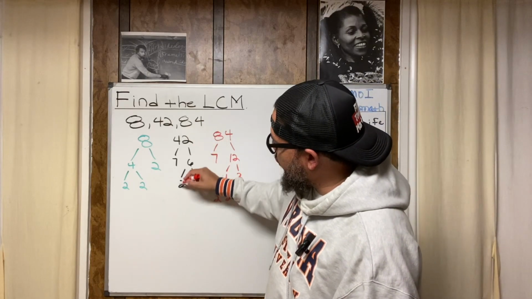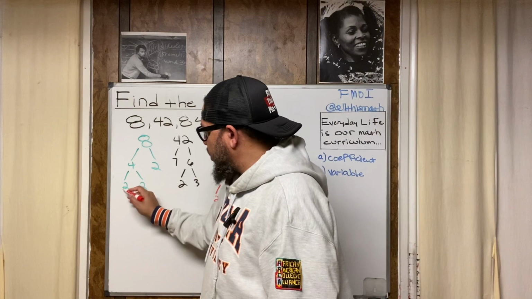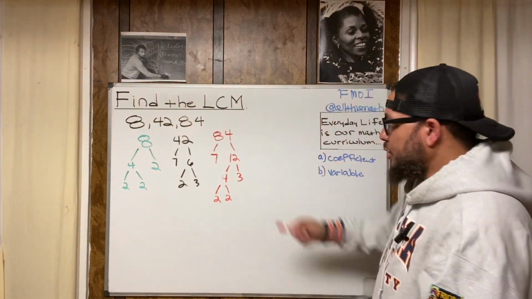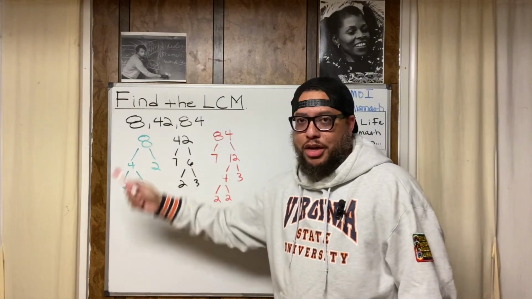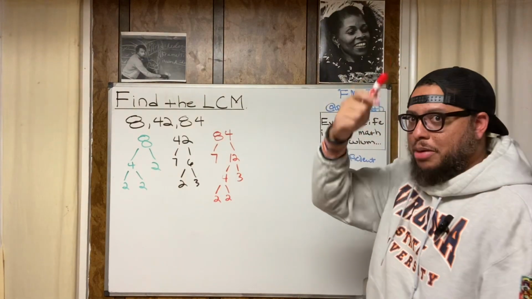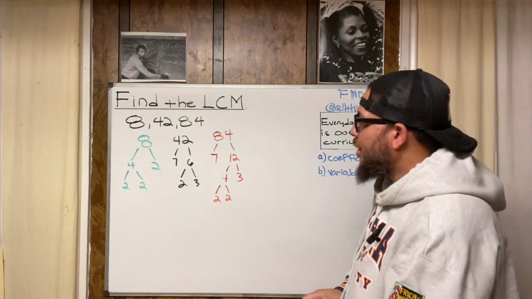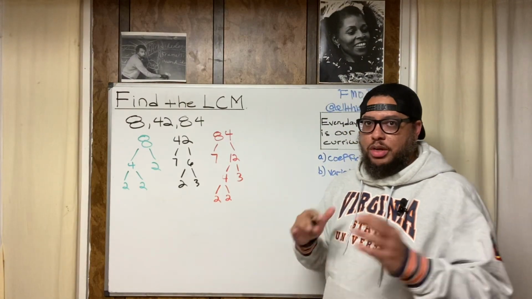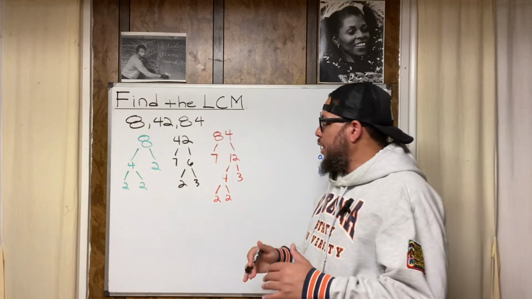For the 42, I have 7, 2, and 3. For the 8, I have 2, 2, and 2. So now this is how we do this, right? Notice how we have the red, the black, and the green, like X-Clan said. Now, this is one way to do this. There's a table method that I've shown on other videos on this channel, but another way to do this